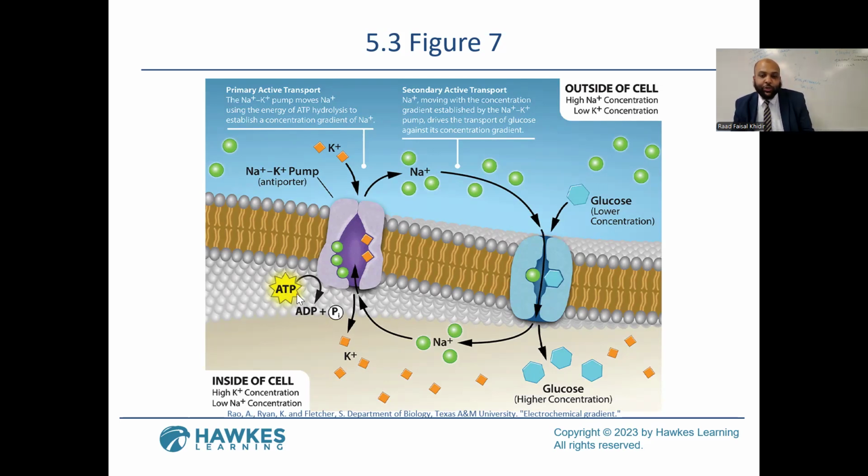Primary transport is when you use ATP. And sodium goes out, then this sodium can be used, remember, to hitch a hike, take a ride with somebody else, to bring in glucose. So glucose is hitching a hike with sodium who's going in. Sodium is going in, glucose is coming with it. That's